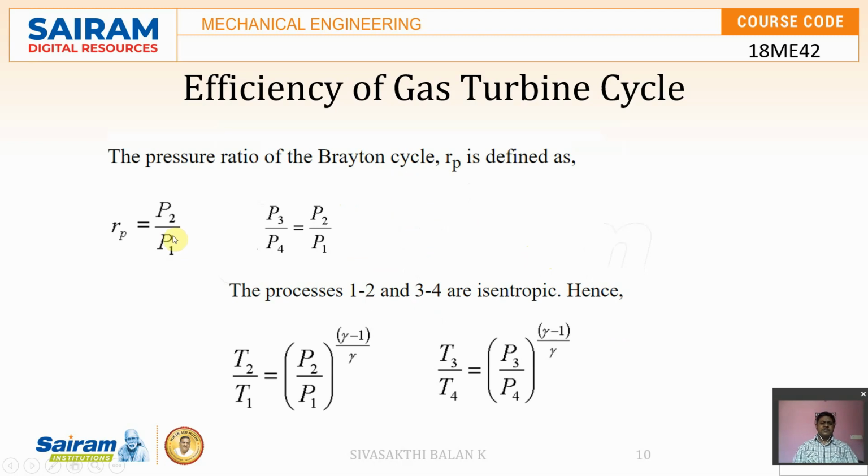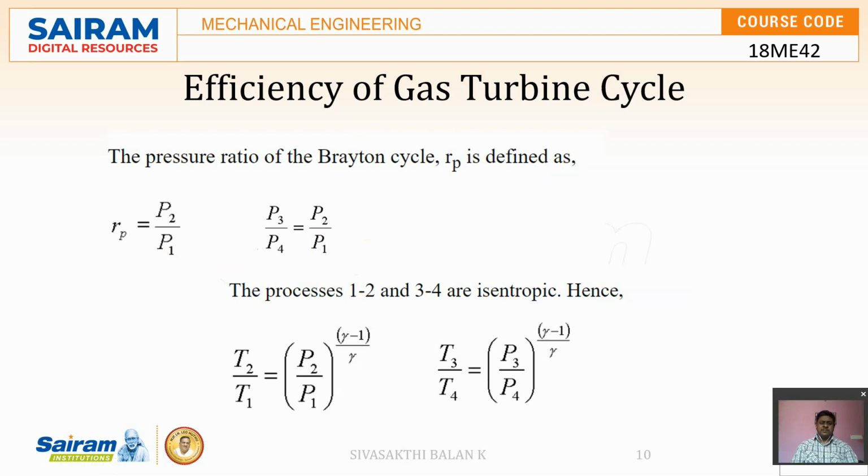And we know that the pressure ratio of the compressor or the turbine is the ratio of the outlet pressure to the inlet pressure. Moreover, it's an ideal process, so whatever amount of expansion or compression takes place, P3 by P4 will also be equal to P2 by P1. The pressure ratio is P2 by P1. So the pressure ratio is constant for both the compressor as well as the expansion device, and both undergo an isentropic process.